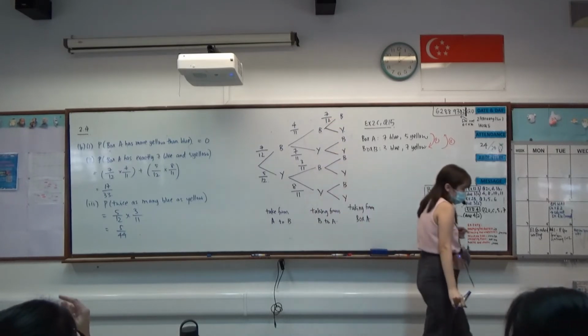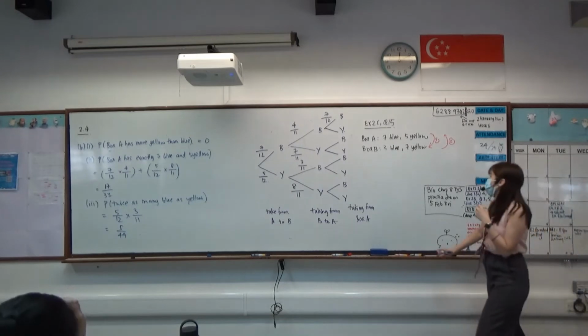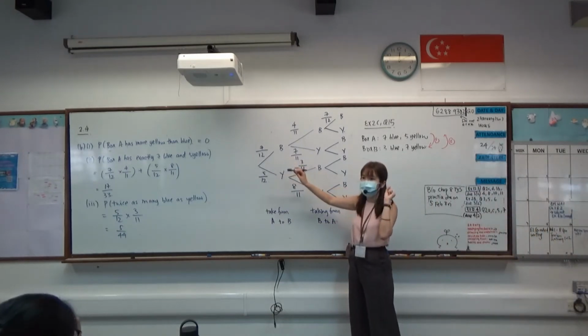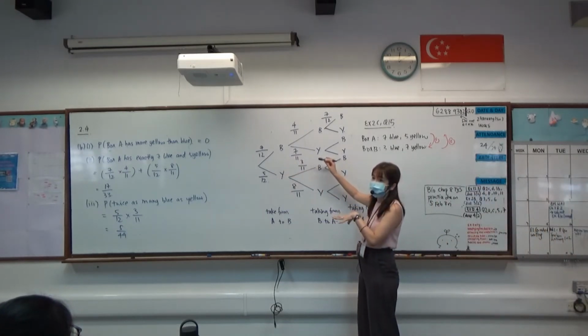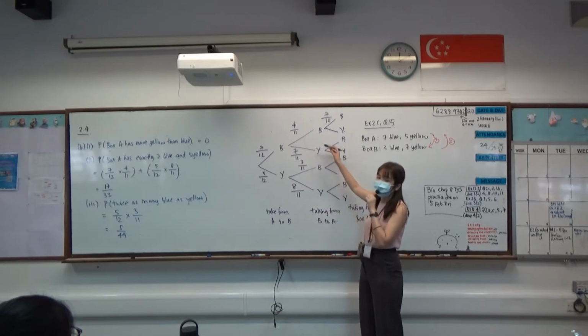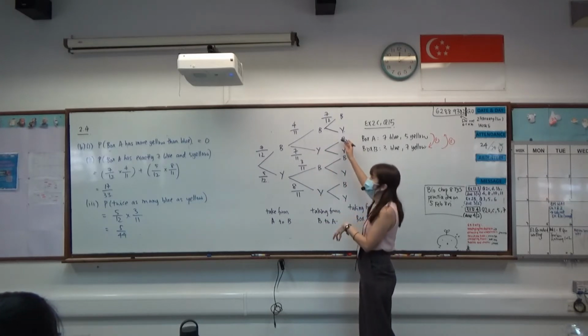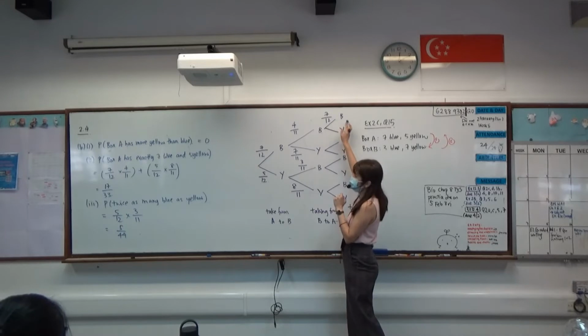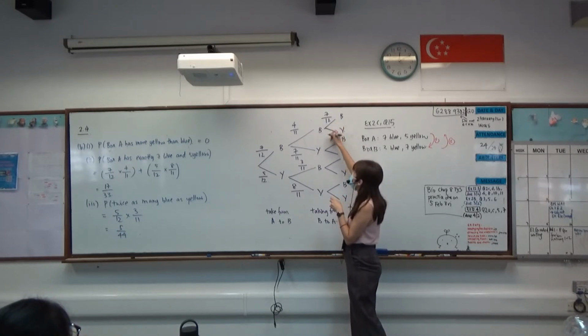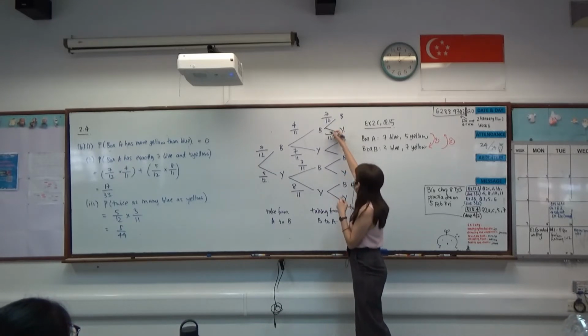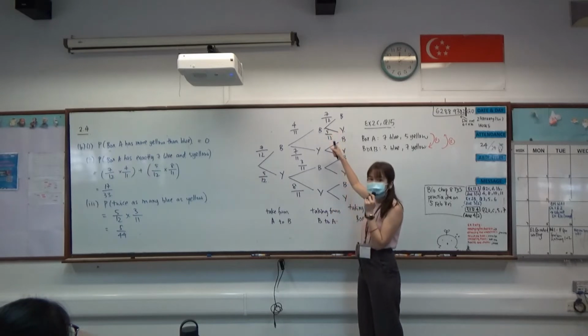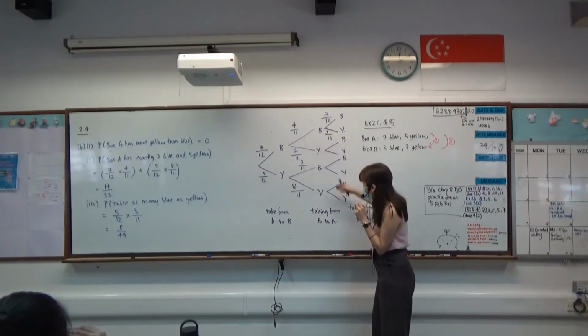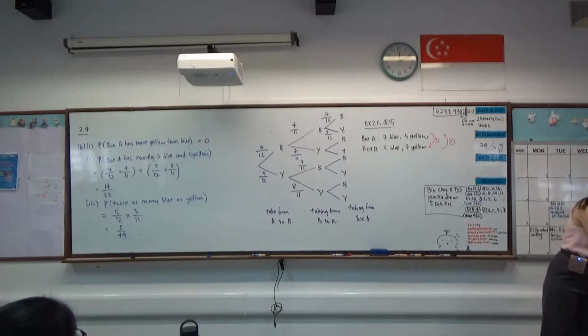Am I right? Because I take one from A, put it into B, and then I take one from B, and then put it back. So I know that there are 7 blue in the end, out of a total of 12. And then in my yellow, I will have 5 out of 12. If you do it for the rest of the column,